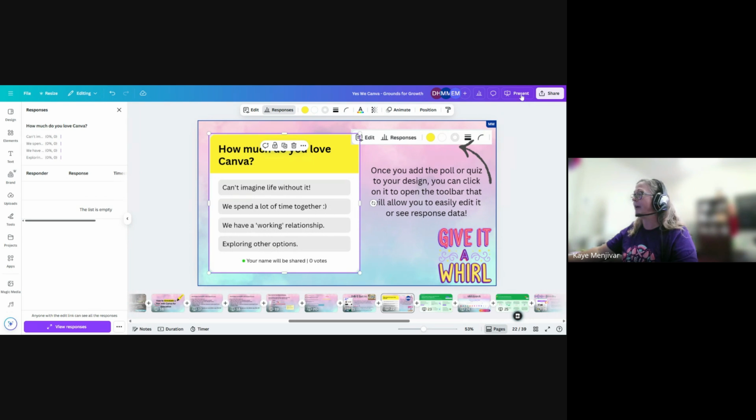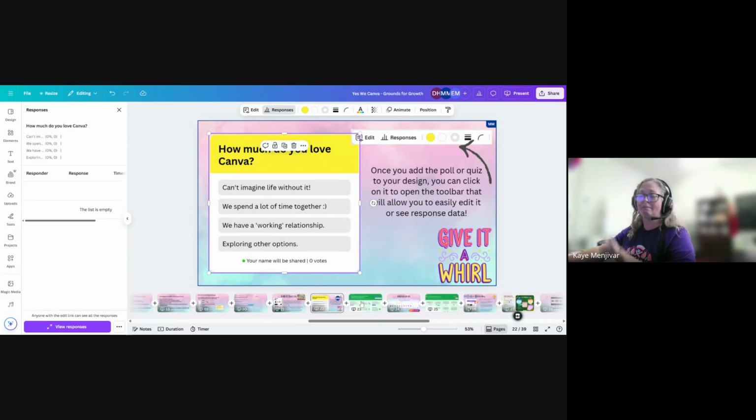So when we present, if you wanted to, you could, in your live link that we shared with you in the chat, click on an option to say, how much do you love Canva? And then you would be able to see those results populate. So just for time purposes, instead of us taking time to vote now,